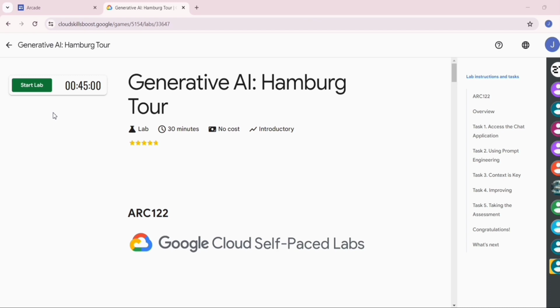So, let's start the lab. Click on the Start Lab button.